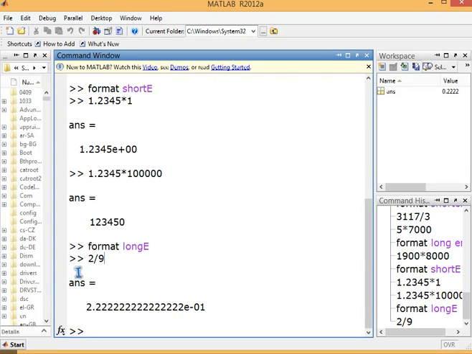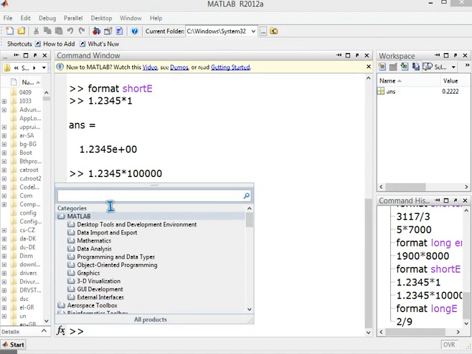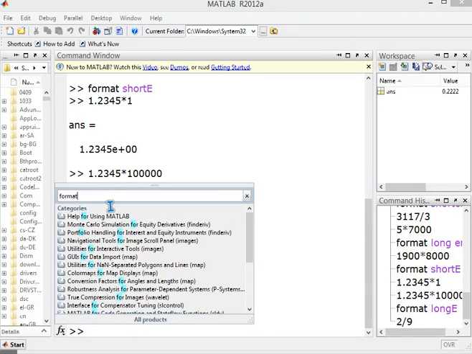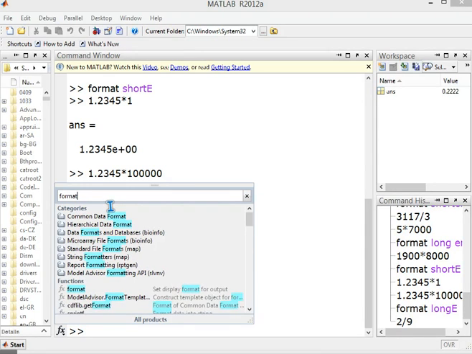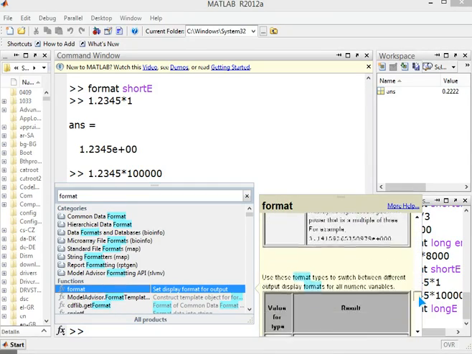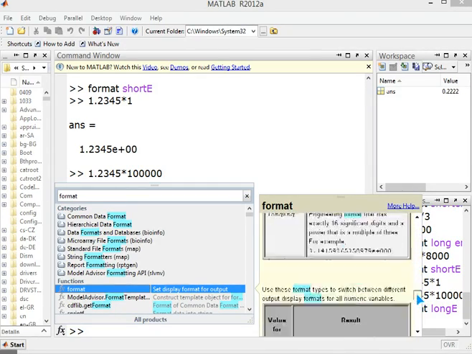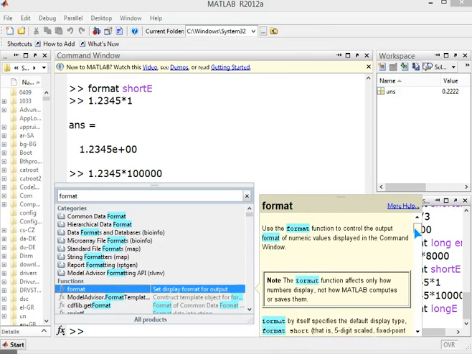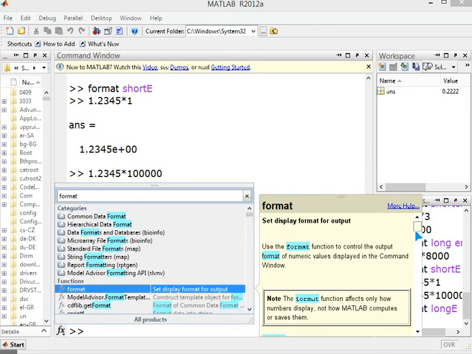One more thing: you can just click here and go to format, you can type format, and whatever is available to us, format E, format long, whichever options are available, we may be able to see it through it. It's a comprehensive discussion and description of what we just discussed. We discussed some of these format commands. So thank you so much. Take care of